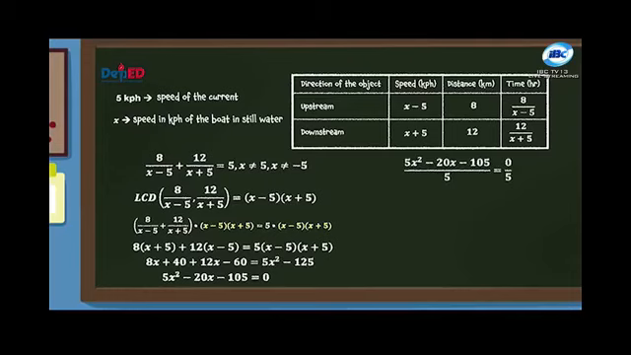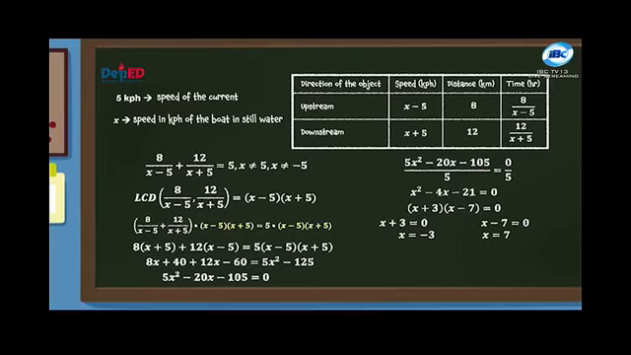Dividing both sides of the equation by 5, we can reduce the coefficients so that the equation is now expressed as x squared minus 4x minus 21 equals 0. Expressed in factored form, the equation can be written as binomial x plus 3 times binomial x minus 7 equals 0. And equating each factor to 0, we should get that x is equal to negative 3